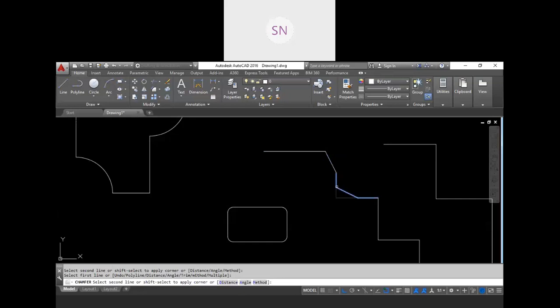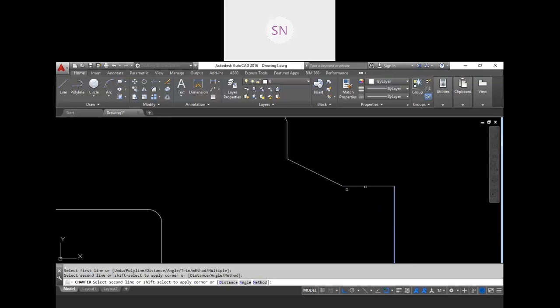First, second, right? First, second. We are not having any preview because we do not have a 20 mm distance on this line. See, in the chamfer, we entered first chamfer distance 20 mm, but we do not have sufficient length over here to trim this. That's why we cannot select this line as a first line, because in the first line we have 20 mm to trim.